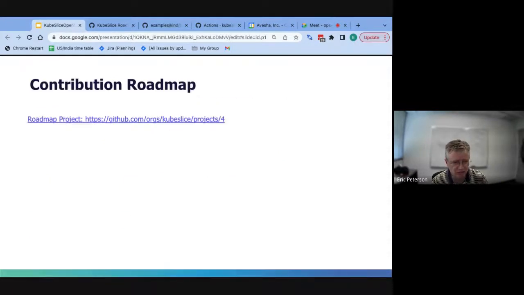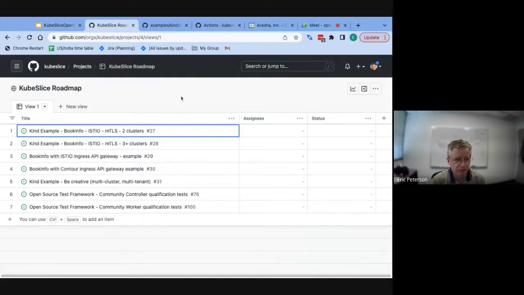So getting on to today's discussion, contribution roadmap. We wanted to talk a little bit about things that we think are both useful when it comes to advancing KubeSlice, and also kind of cool and fun when it comes to just doing some of these setups. I'll jump away from the slides for just a second here.